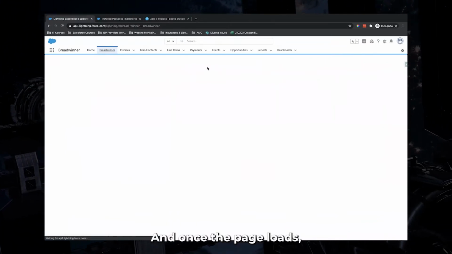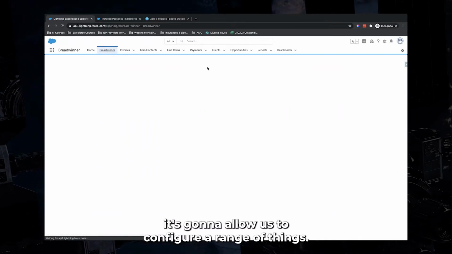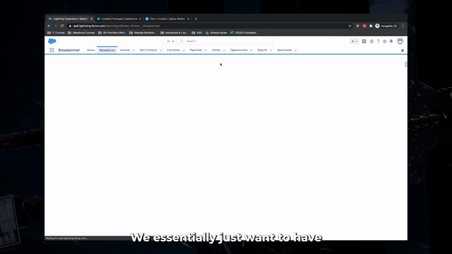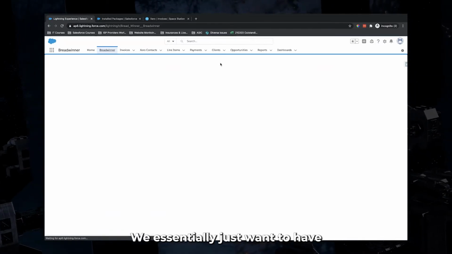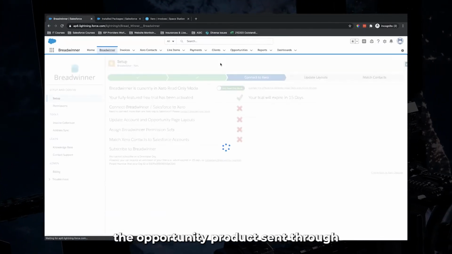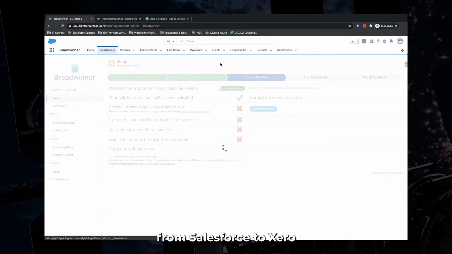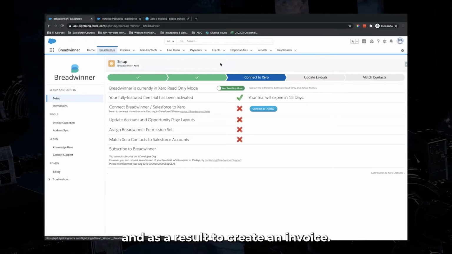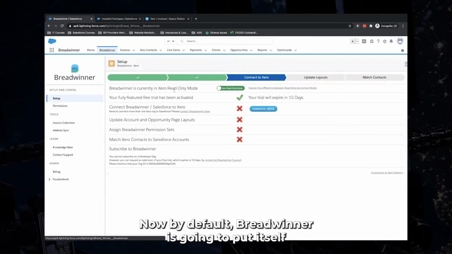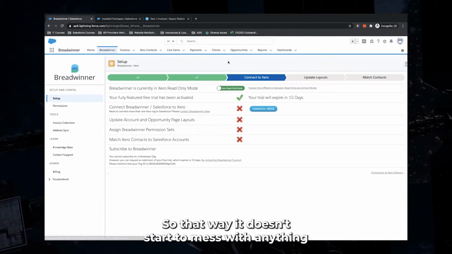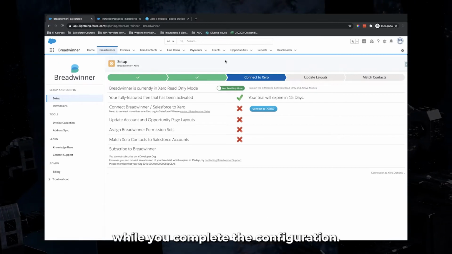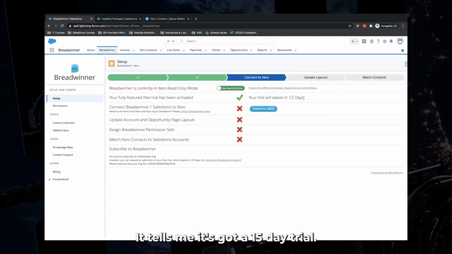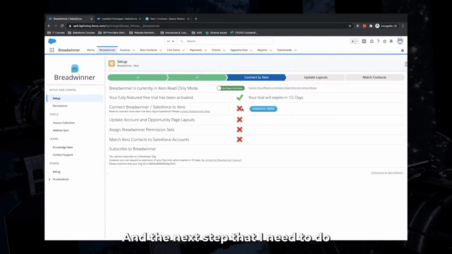And once the page loads, it's going to allow us to configure a range of things. Now, as part of this setup, we're doing a very basic configuration. We essentially just want to have the opportunity products sent through from Salesforce to Xero, and as a result, create an invoice. Now, by default, Breadwinner is going to put itself in read-only mode, so that way it doesn't start to mess with anything while you complete the configuration. It tells me it's got a 15-day trial,